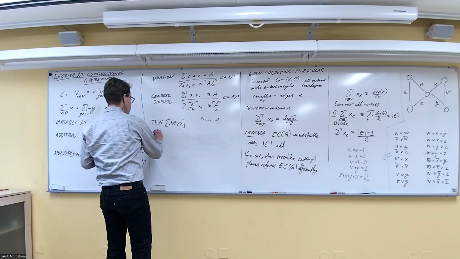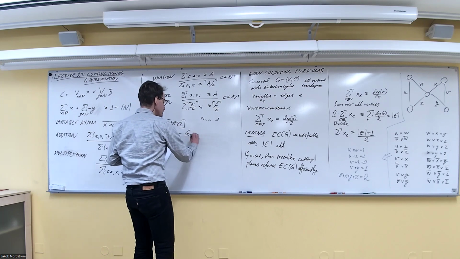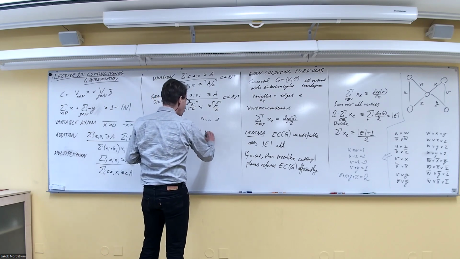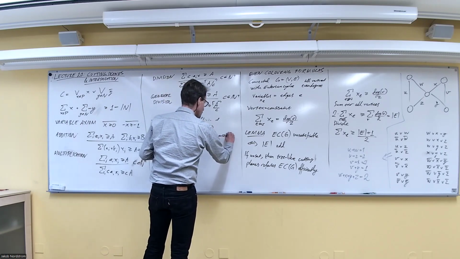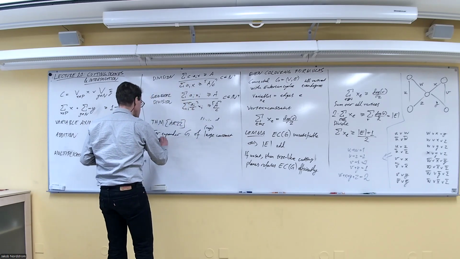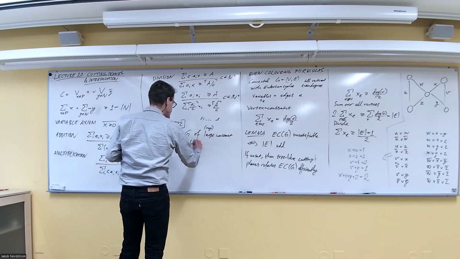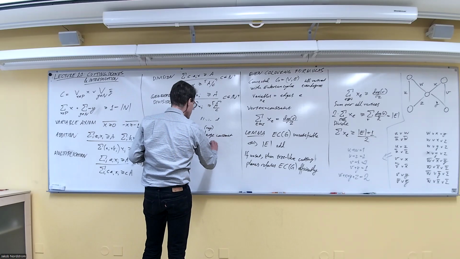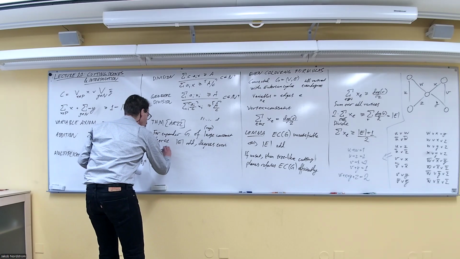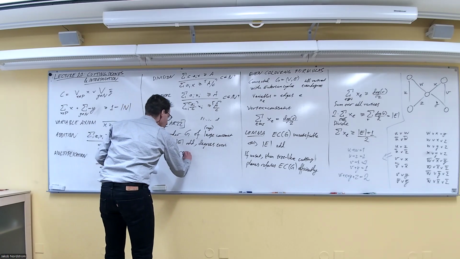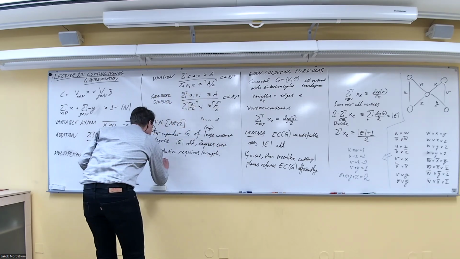So basically what they say is: take an expander G of very large constant degree. We want the number of edges odd. We want the degrees even. Then resolution requires length exponential in n,